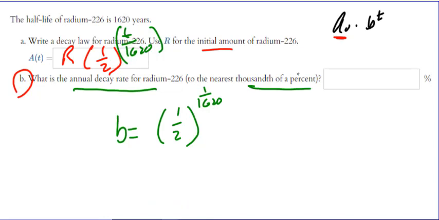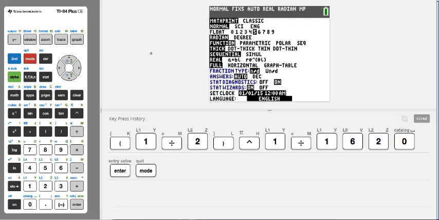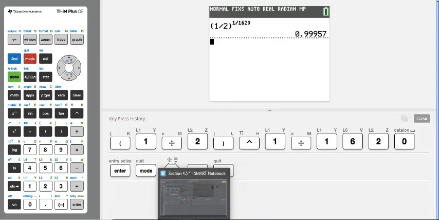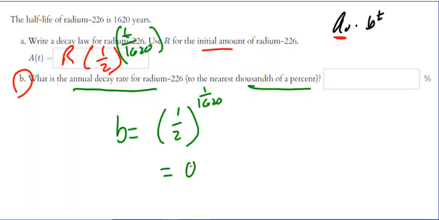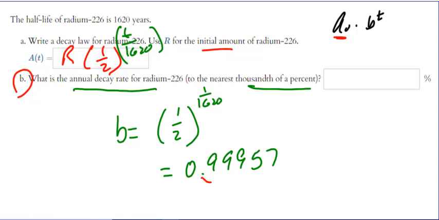Now, it says to the nearest thousandths of a percent. So let's think about this. If I have to go to the nearest thousandths percent, that means I have to go to 3 decimal places after I put it as a percent. So that means when I do this calculation, I have to be out to 5 decimals. So you can hit mode and go down to float and make sure it's highlighted on 5, and then second mode to quit. So 0.99957, yeah, 3 nines. All right, so to put it as percent,